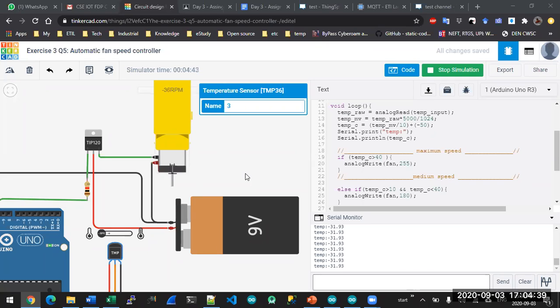Unlike other FDPs where we have outcome-based education and research methodology, there we are going for 20 questions or 30 questions at the end on the last day for assessment.